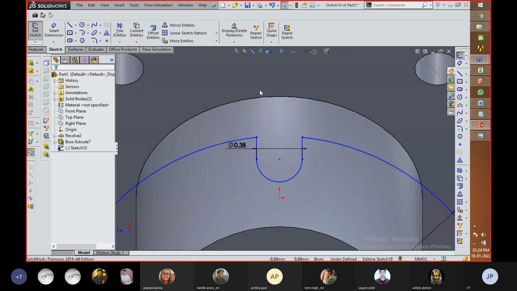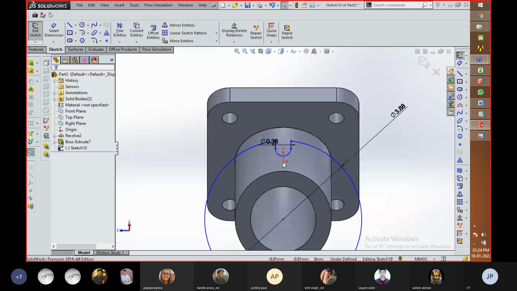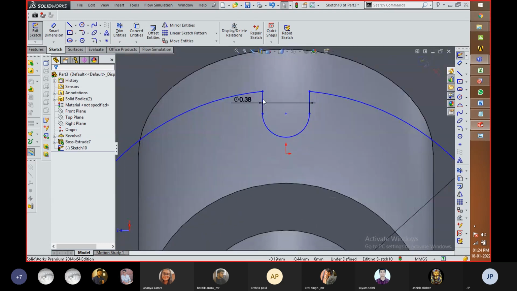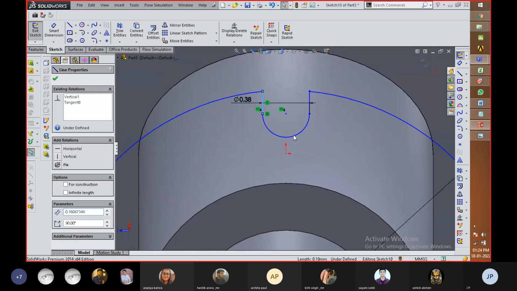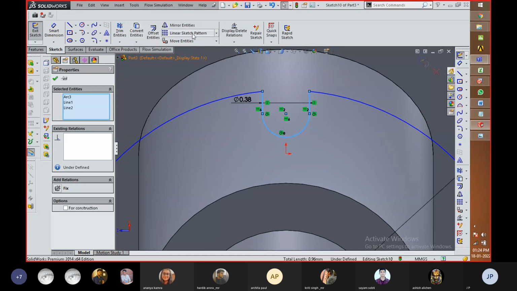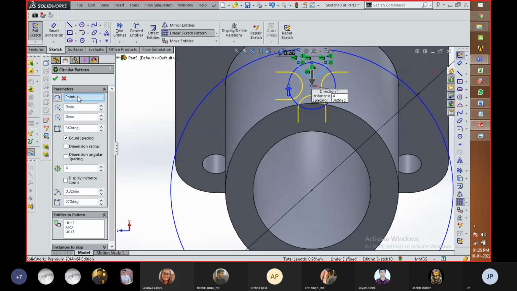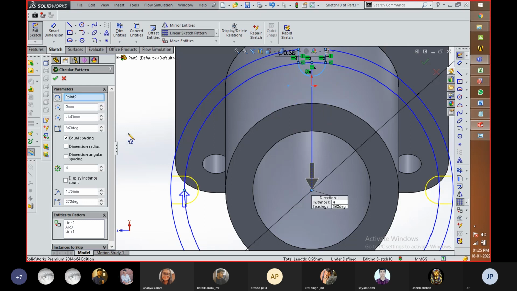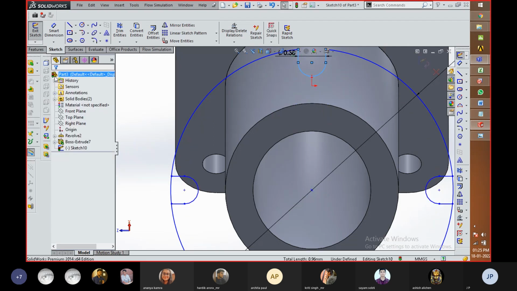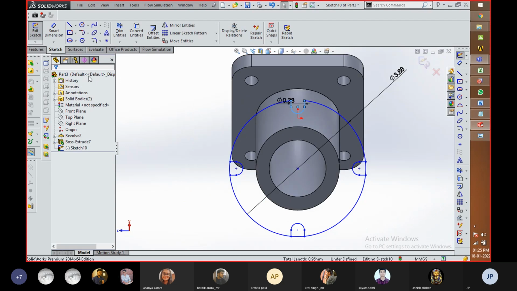Okay, now what you need to do is a circular array, a circular pattern over here. Clear. Select this one, go for that, so you can see over here.